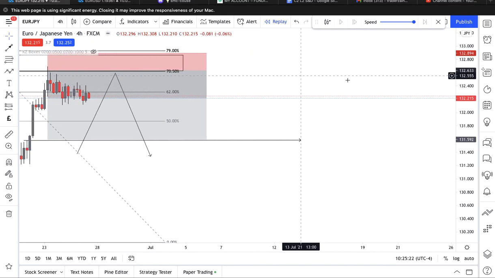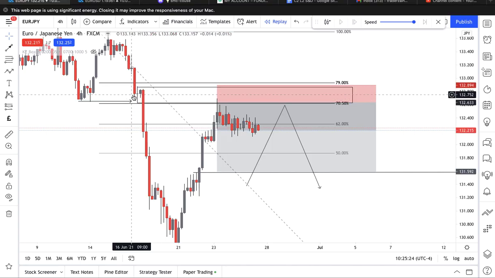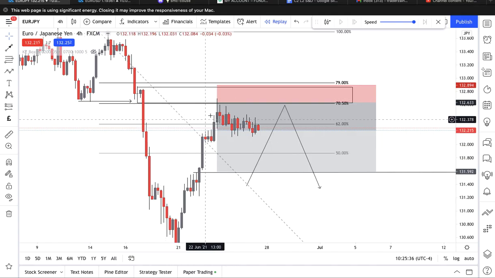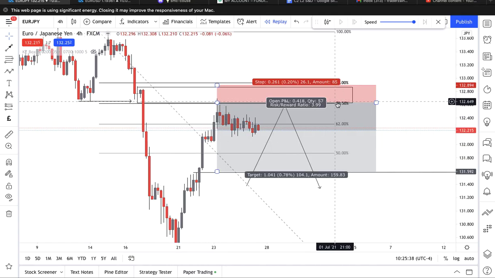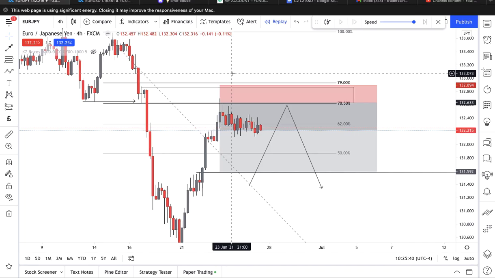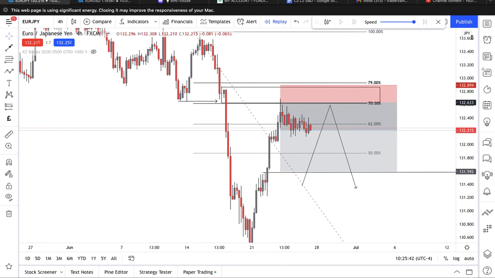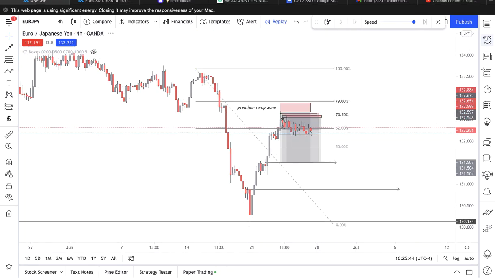Look at our base, right? Very clean indecision candle. Body is right in the center with wicks on either side. That's confluence number 1. Confluence number 2, we have a drop base drop. Confluence number 3, broke structure. Confluence number 4, it's in our premium fib level, right? That's why we took this trade. Another example,